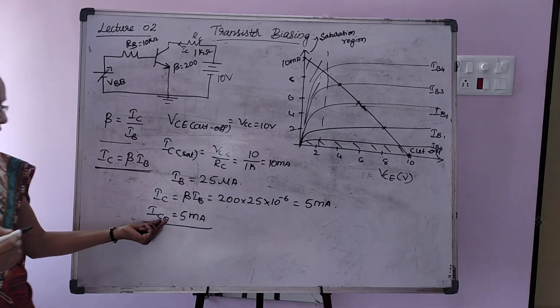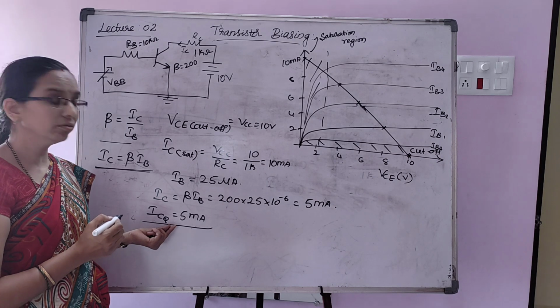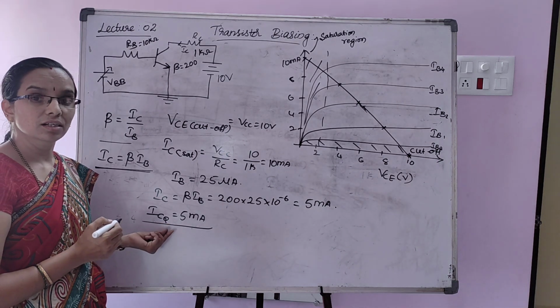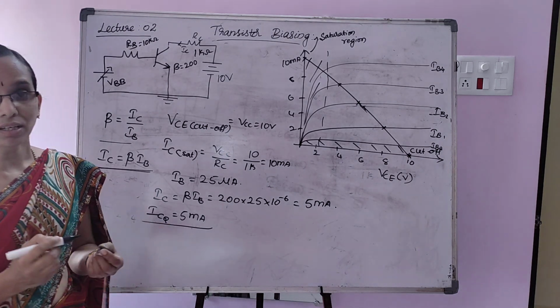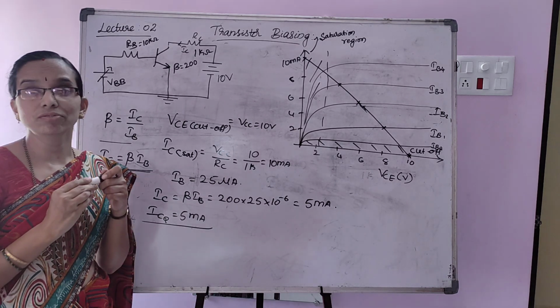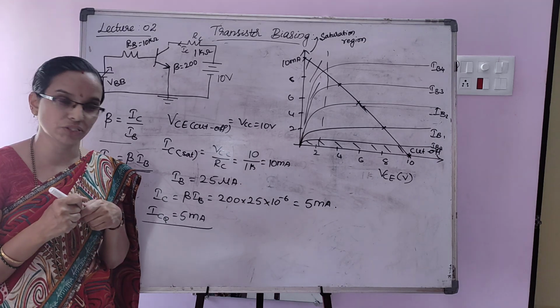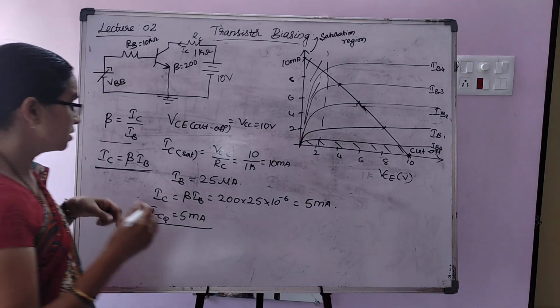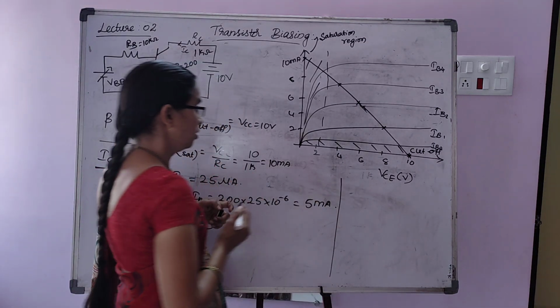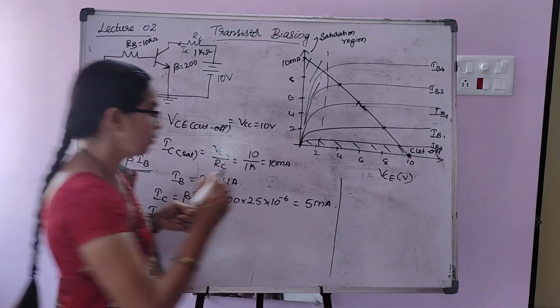ICQ in the sense it's one of the coordinates for the Q point. Q point is the intersection of the DC load line with the output characteristic curve under no signal condition. So for the next coordinate, that is VCE,